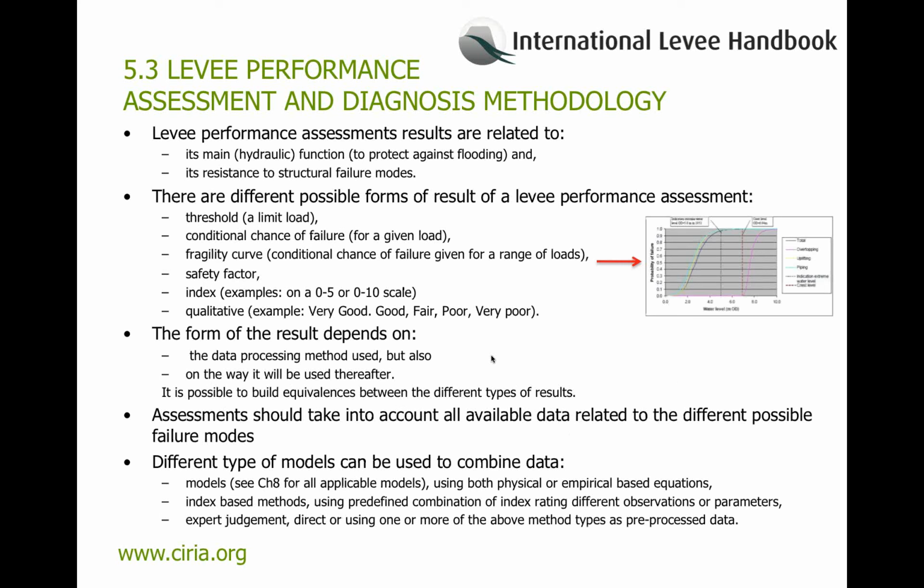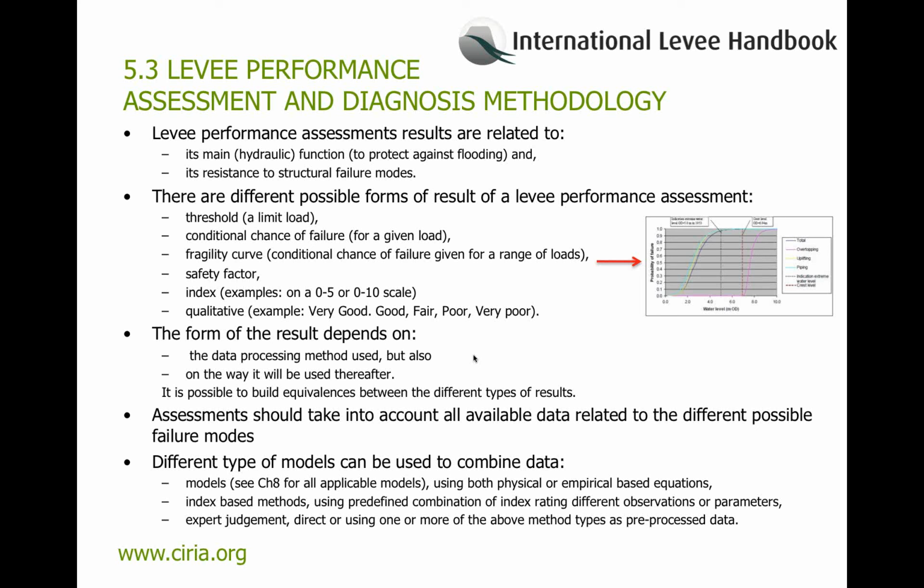Levee performance assessment results are related to its main function, which is to protect against flooding, and to its resistance to structural failure modes. There are different possible forms of results, such as a threshold, which is a limit load, or the conditional chance of failure for a given load, or a fragility curve, which is a conditional chance of failure given for a range of loads, see the figure on the right, or a safety factor, or an index, for example on a 0 to 5 or 0 to 10 scale, or even qualitative descriptors, for example, a choice between very good, good, fair,